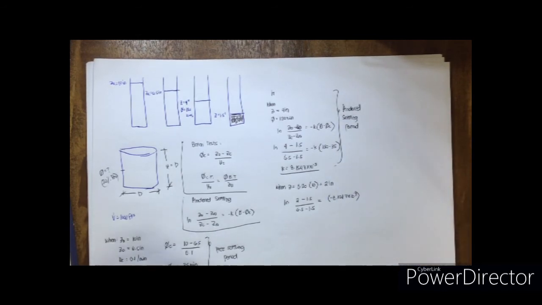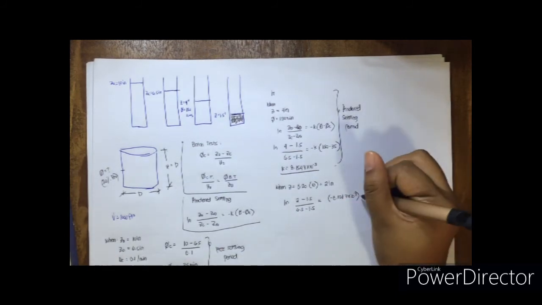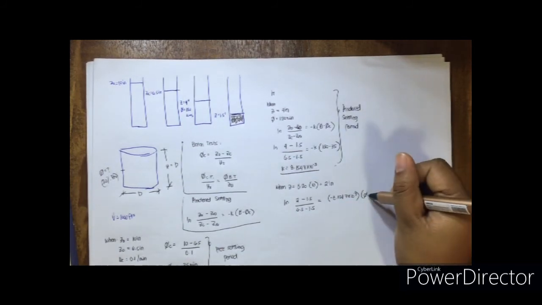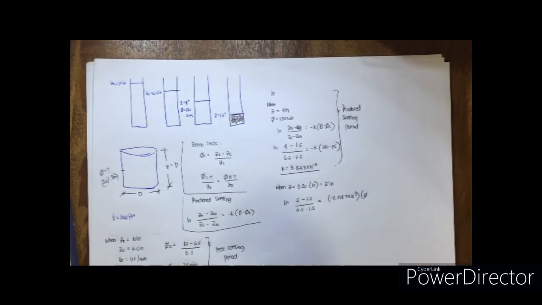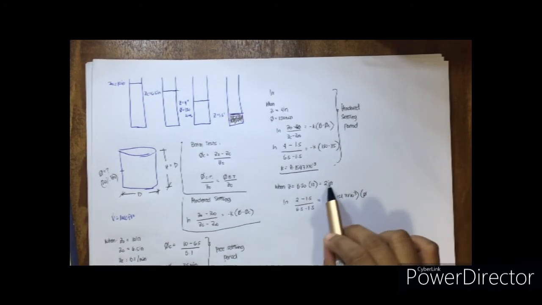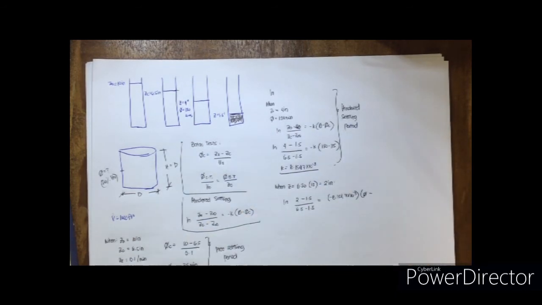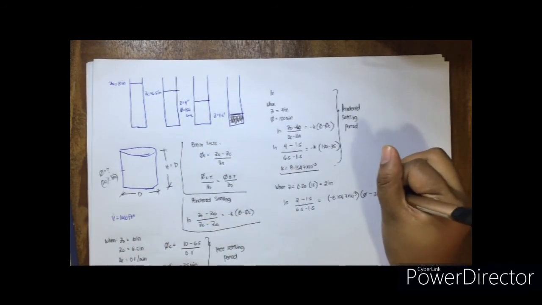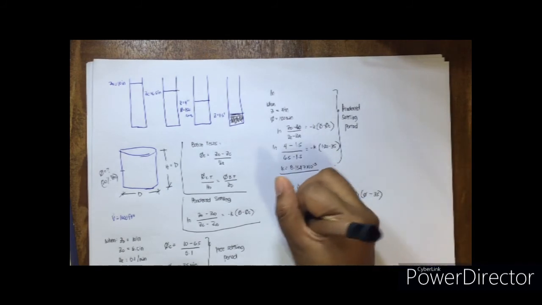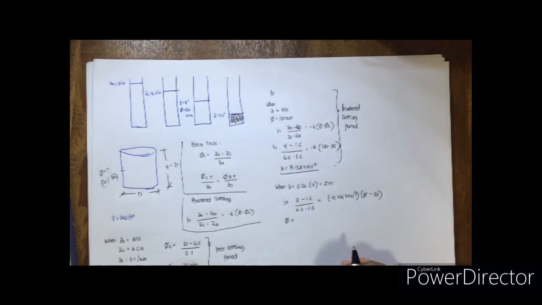And then our time now, time is unknown kasi hindi natin alam kung anong time nagsettle completely si 2 inches natin. So, unknown, siyang magiging unknown, then minus 35. So, calculating our time,